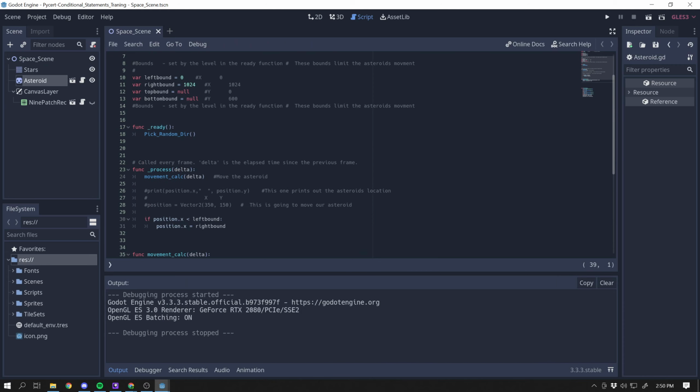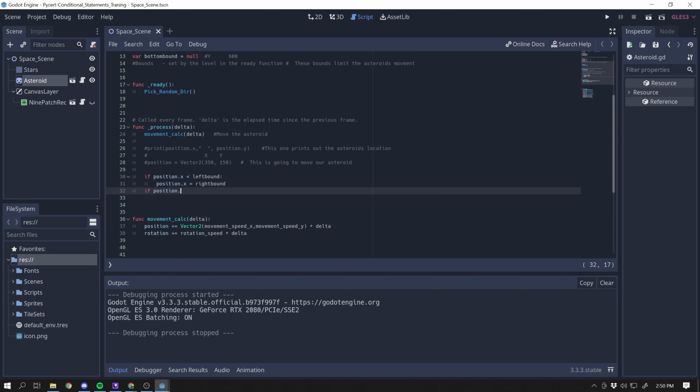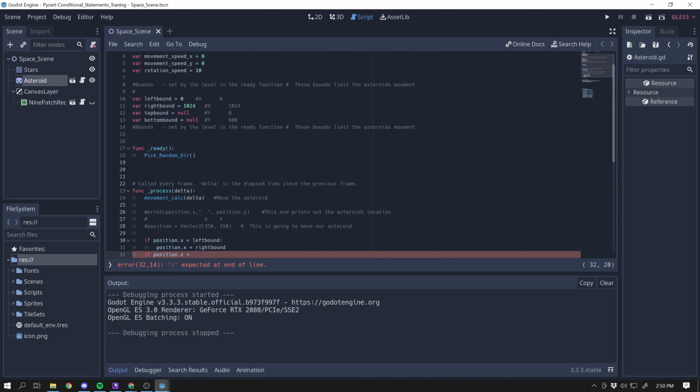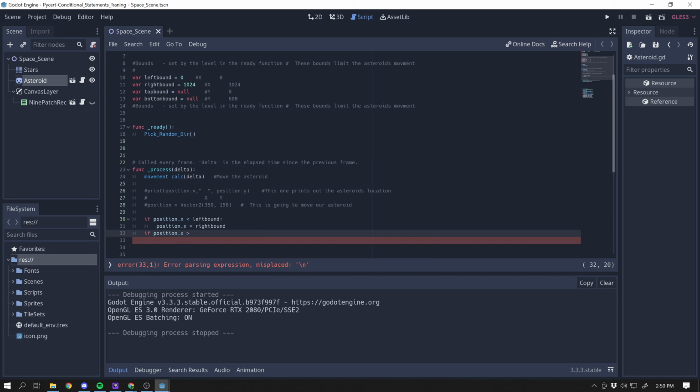the right side. Okay, so if the asteroid goes out of bounds on the left side, we want it to move it to the right side. Alright, so let's make another if statement. If position dot x, and now we want to do the opposite, right? If it goes too high, so if it gets too far to the right, so you'll notice I flipped my symbol around here. I'm going to say if it goes too far off on the right side,